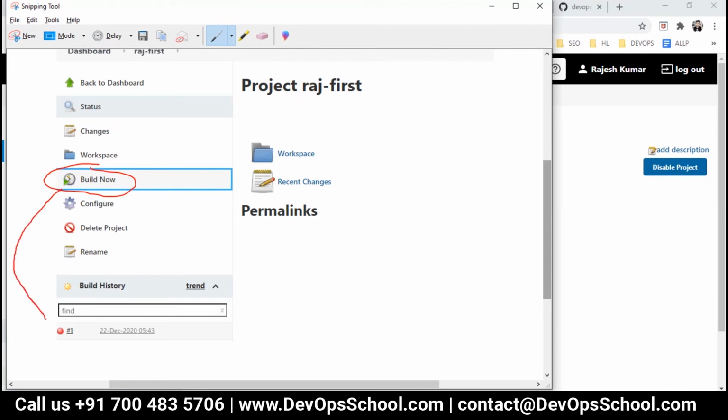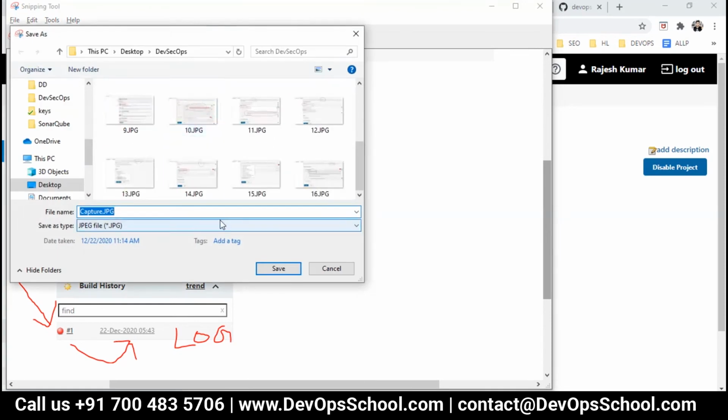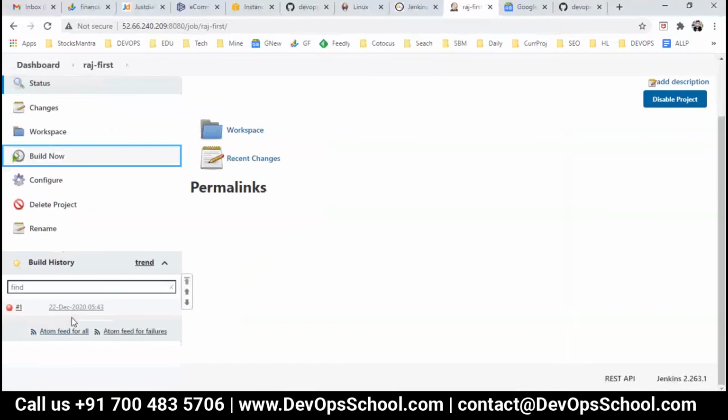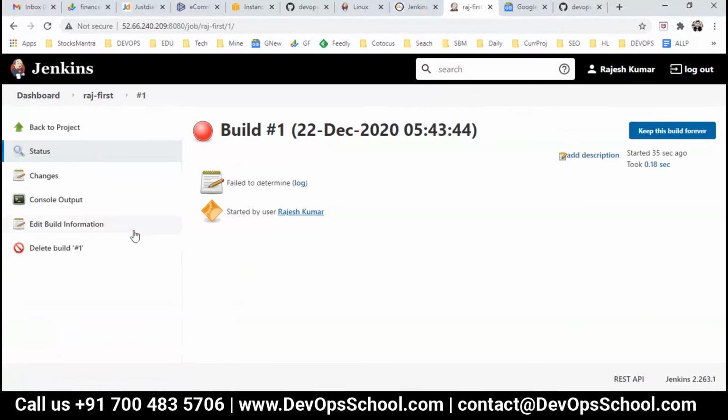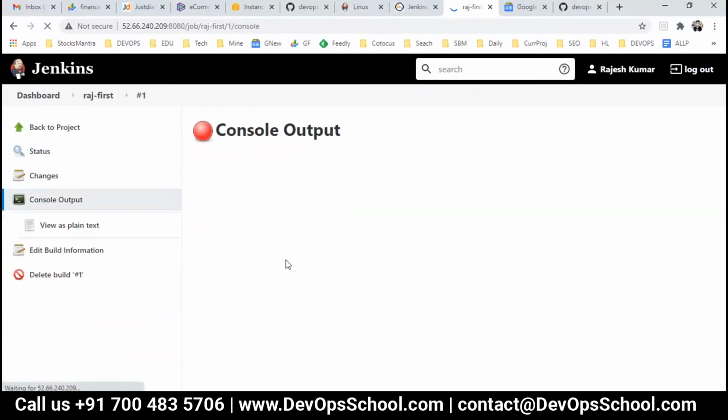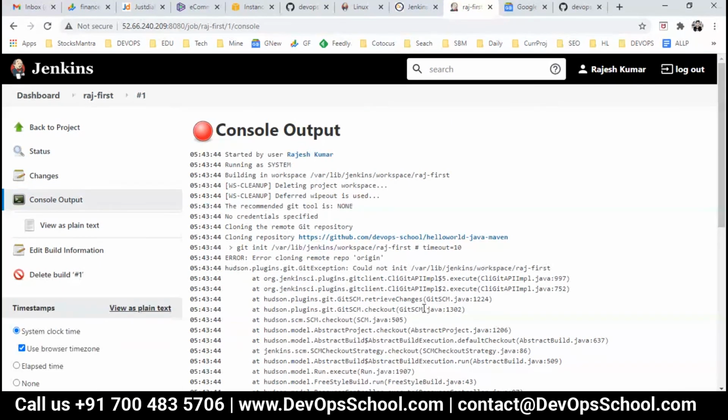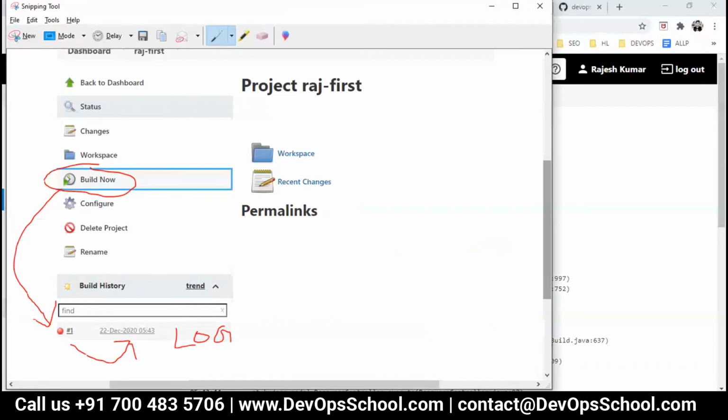After that you get a failure, you see here, and after that you get a log here. This is the console log. Click on the console log, console output. Here it is. Now guys, did you notice something here?